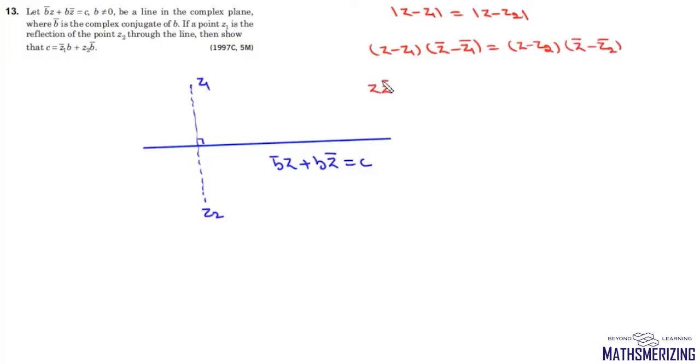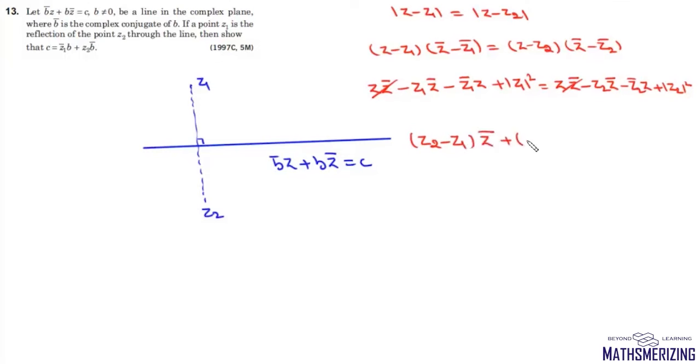Now we multiply it, we'll write Z Z bar minus Z1 Z bar minus Z1 bar Z plus mod of Z1 square, and on the right hand side we'll have Z Z bar minus Z2 Z bar minus Z2 bar Z plus mod of Z2 square. Now we'll cancel this Z Z bar, we can write this as (Z2 minus Z1) into Z bar plus (Z2 bar minus Z1 bar) Z, and it is equal to mod of Z2 square minus mod of